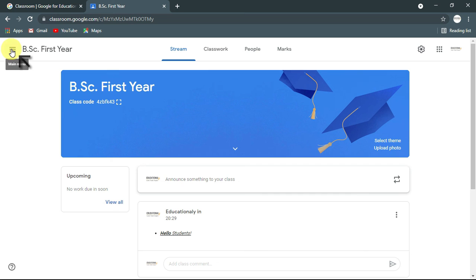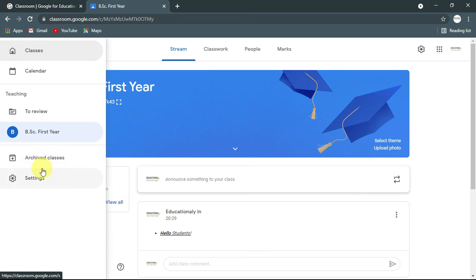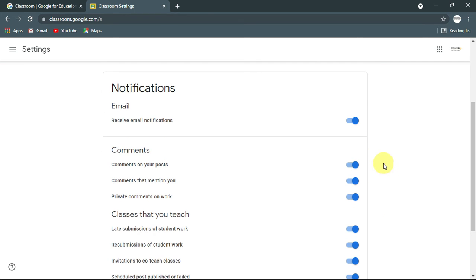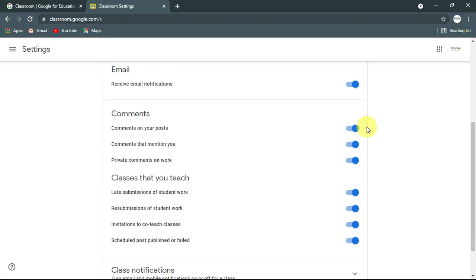Now the second thing you must consider is your Google settings. You click on the three horizontal lines on your left, click on settings. Here you can add your profile picture and turn various notification settings for your email on and off. You might not want every single comment to pop into your inbox, or you may want everything to be notified on your mobile device only. So you can turn off the notification for email, or you can customize, turning selected notifications off and selective ones on. It is as per your own convenience.